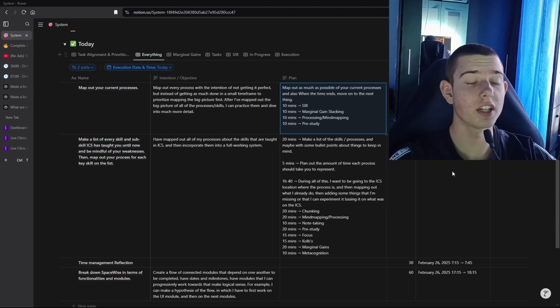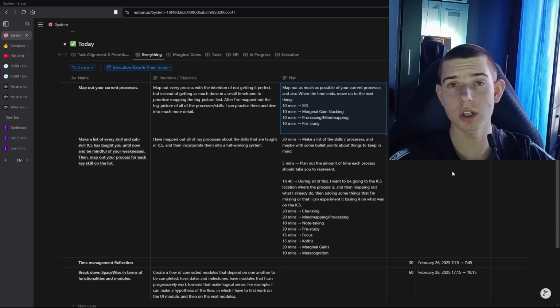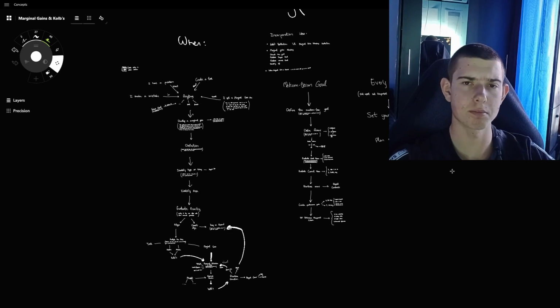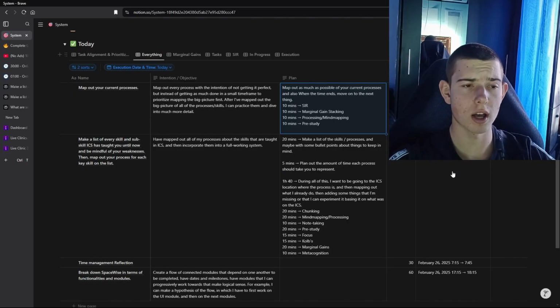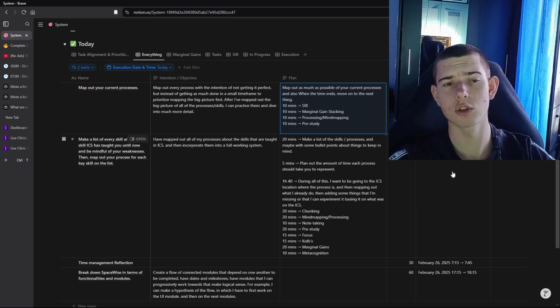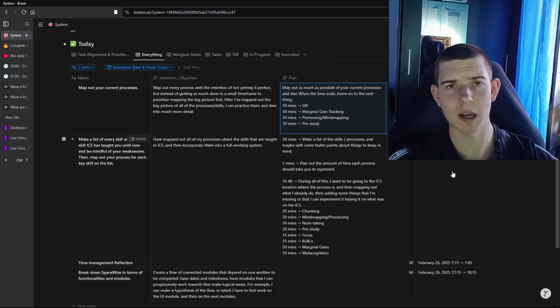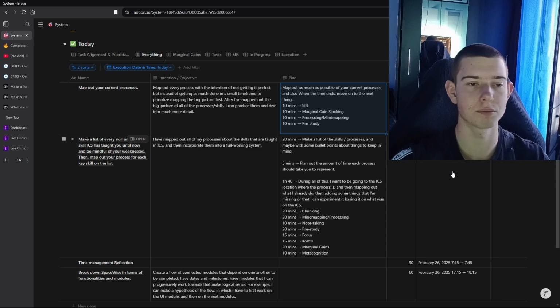Okay, so I finished eating and I just planned what I'm gonna do. I'm gonna keep going with my processes, like mapping all of this out, and yeah, let's get it done. I also have applied what I've learned from the reflection that I did, and it had to do with time. I probably have explained this already, but yeah, the problem with time management and all of that. So I have reflected, and now I'm gonna try this again. Let's go.